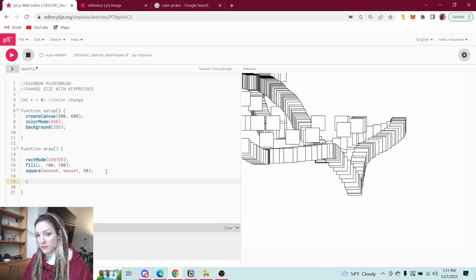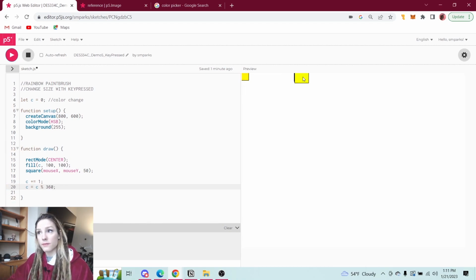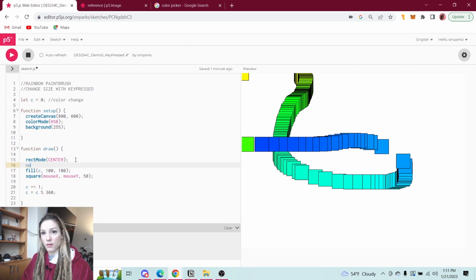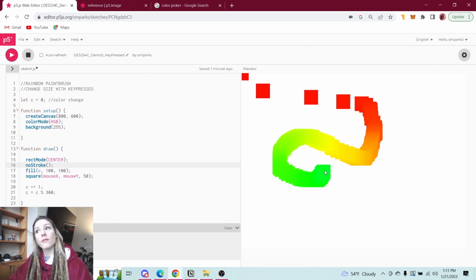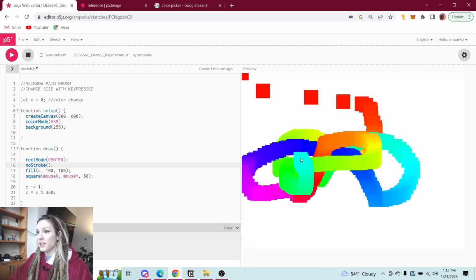And animate c with c plus equals 1 and cycle through all of the colors on the color wheel with c equals c modulo 360. And add a noStroke. There we go. So we've got something like a rainbow paintbrush,